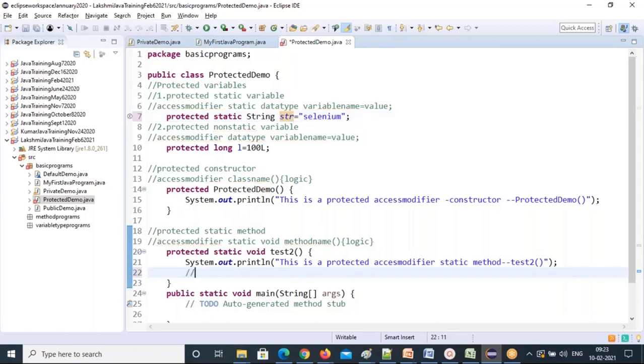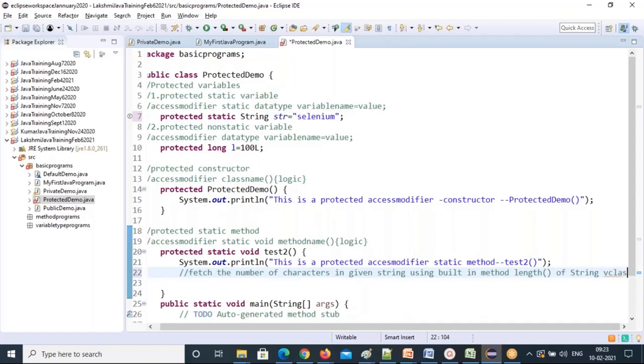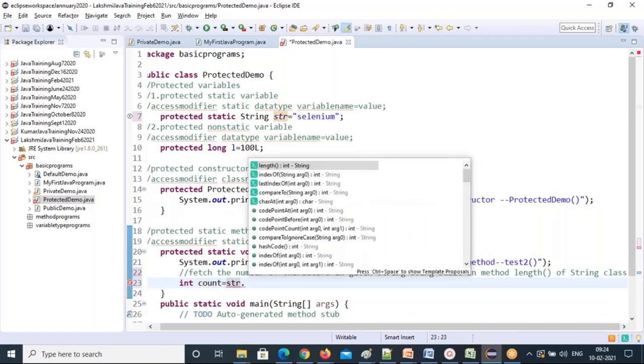I'm fetching the number of characters in the given string using the length method, an already built-in method of the String class. You can use that. It returns an integer, the count equal to the static variable dot length method.